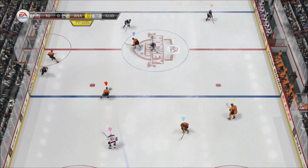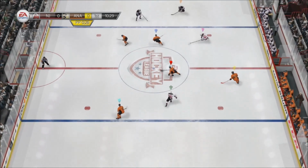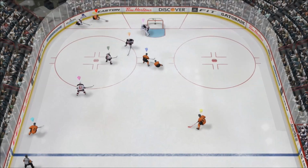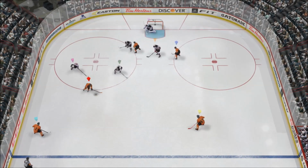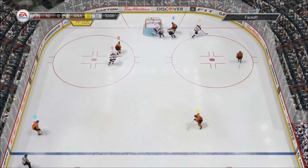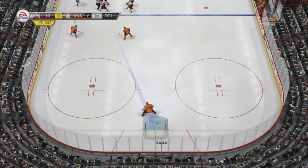The third tip on my list is to use replays to see your own mistakes. If you're a skater, were you really in that passing lane for that one-timer, or were you just a little bit off? If you're a goalie, did you leave short side open, or maybe you were too deep or too aggressive in net? Now this doesn't mean pause it every time something happens, because everyone gets pissed when you pause a game. But you can wait until the end of a period or the end of the game and then